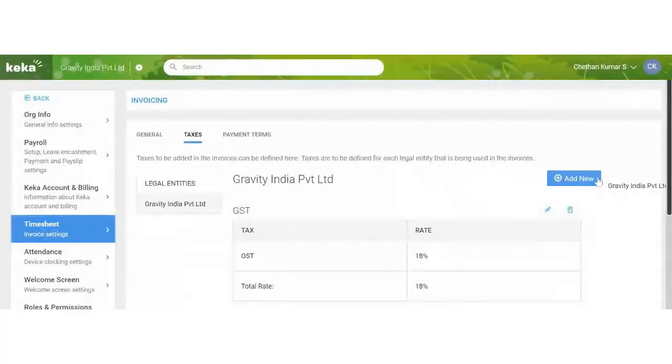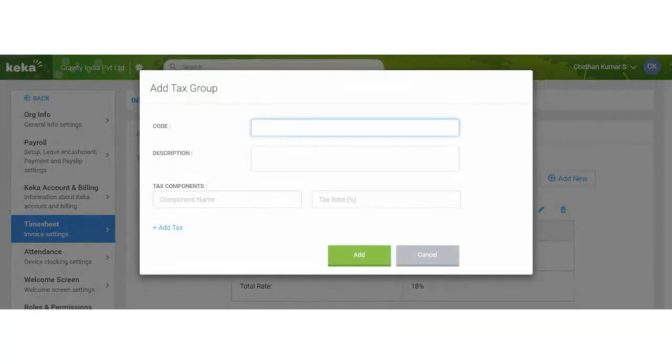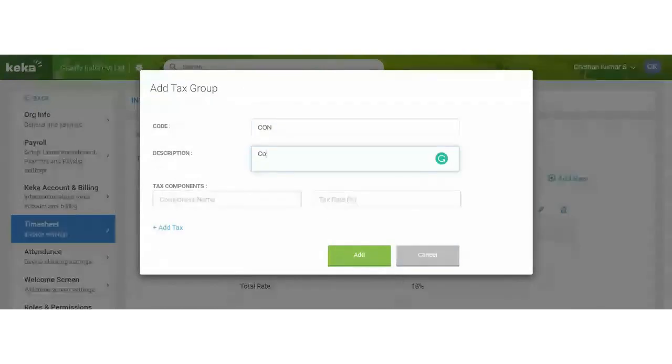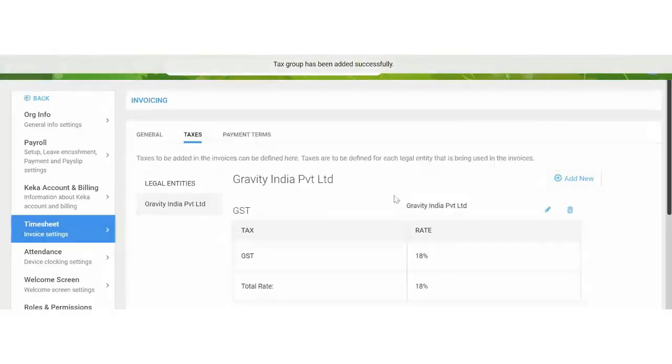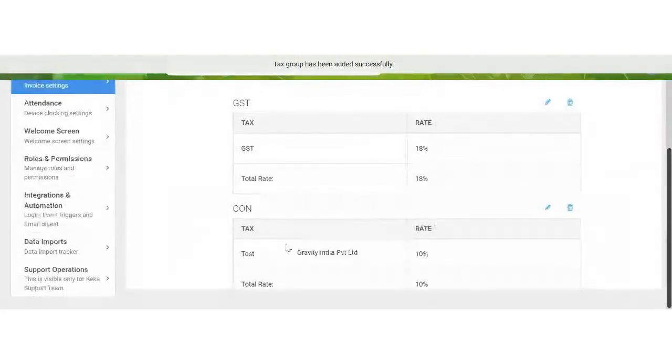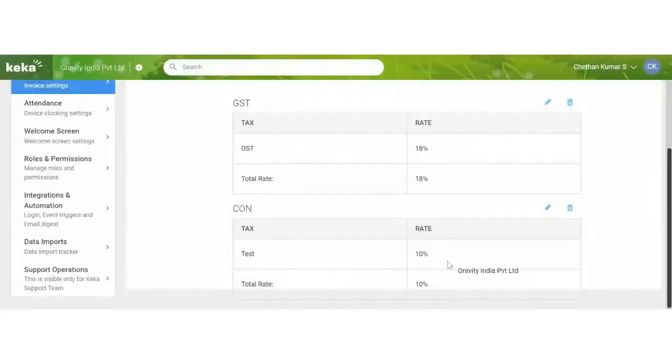So if you have, say, consultant 10%, I'll just give CON, consultants, and 10%. Okay, I just added 10% for consultant, some consultant tax.